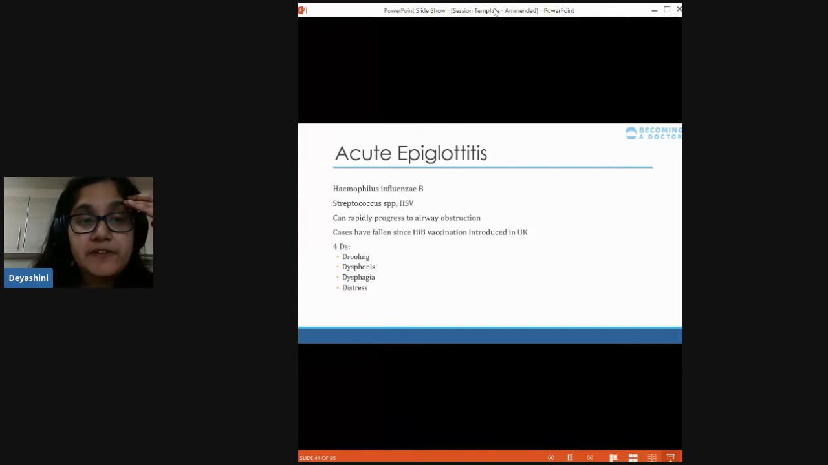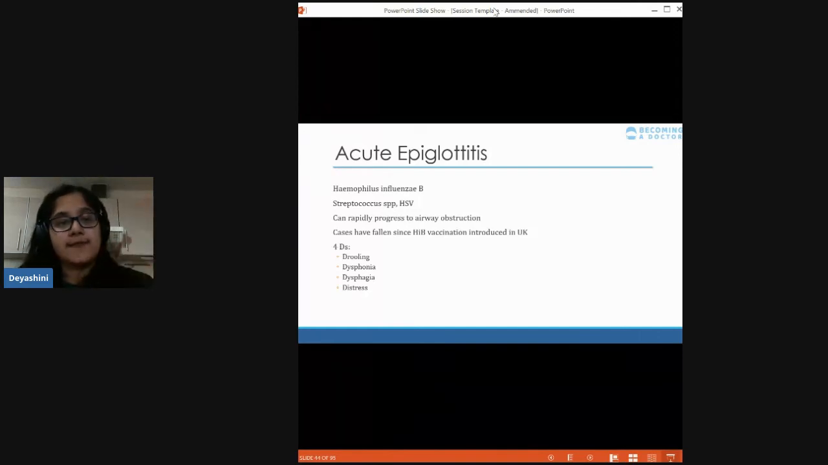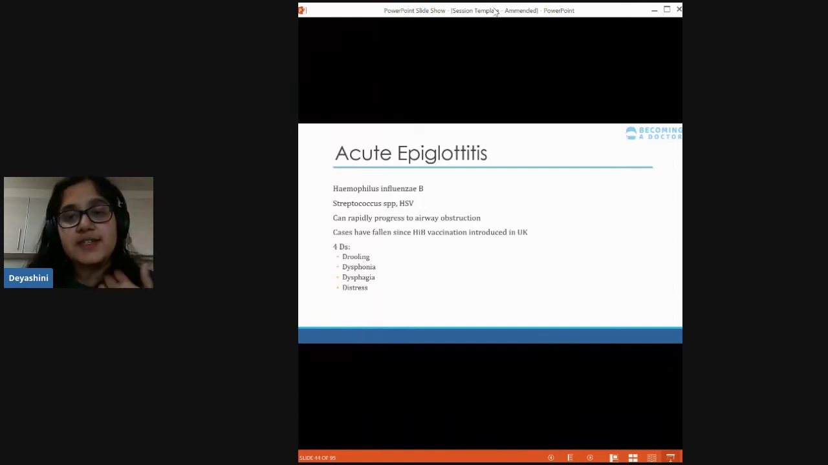So look out for the 4Ds of acute epiglottitis. I don't know if you were aware of this: drooling, dysphonia, so a hoarse voice or being unable to speak, dysphagia, so difficulty swallowing, and respiratory distress. These are the 4Ds, which, if not treated, will probably lead to the fifth D of death. Not being morbid, but